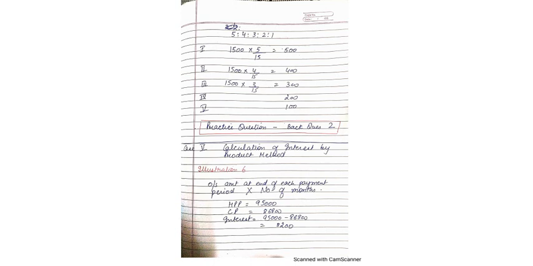So here we have to calculate the outstanding amount at the end of each period, and further we will multiply this outstanding amount with the number of months, and we will have certain figures. We will make ratio of these figures, and interest will be apportioned in this ratio. So I'm referring to illustration 6 for the same. In this question, hire purchase price is 95,000 and cash price is 86,800. So the difference between these two is the amount of interest, which is 8,200.